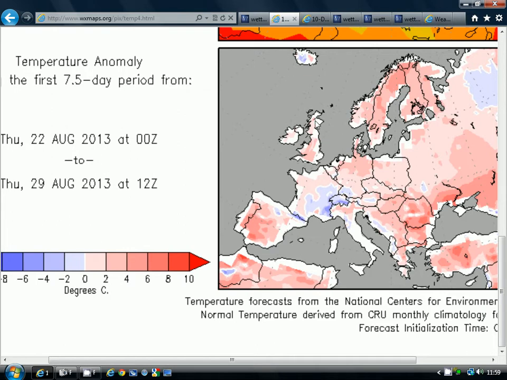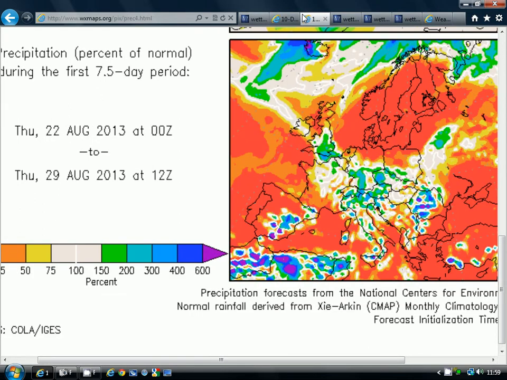We're going to be into the 0 to 2 Celsius above average category, so that's pretty good going out to the end of summer. Precipitation anomalies from the 22nd to the 29th show we're going to be drier in the north actually, and wetter down in the south. That, across England in particular, and south eastern England especially, is associated with the heavy rain coming up over the weekend, I think, particularly focused on Saturday.